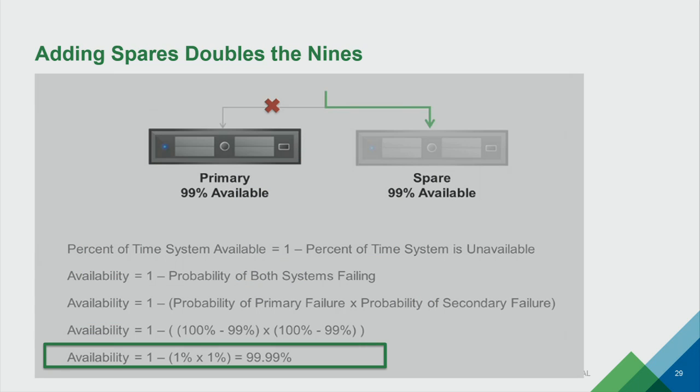Whenever you have 2 systems, let's say, and both of them are 99% available, when you put them together as a redundant system, you actually double your nines, right? So from 2 nines, you go to 4 nines. For those who are interested in the math, you go from 2 nines to 4 nines whenever you put in a spare part. And that's the idea behind NIC teaming. That's the idea behind having redundant paths. And that's the idea behind our thinking beyond 6.0, which is that we should have a redundant stack